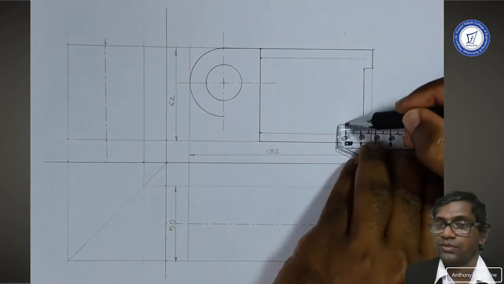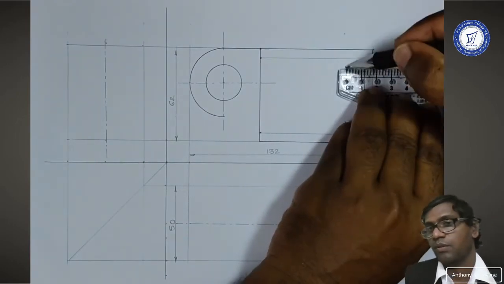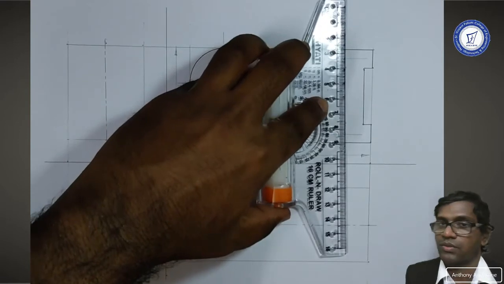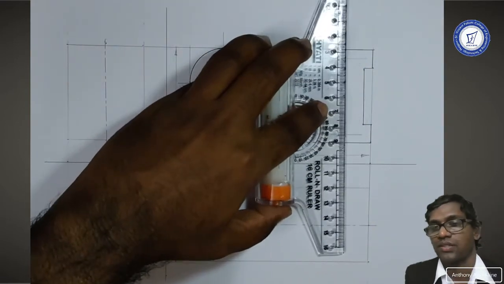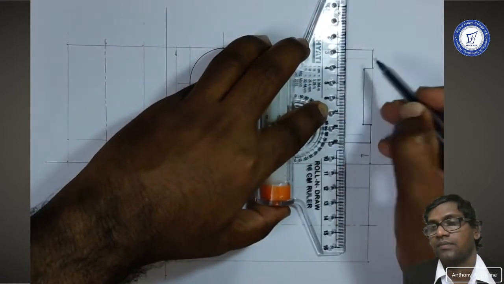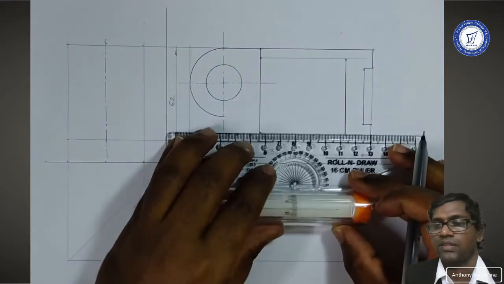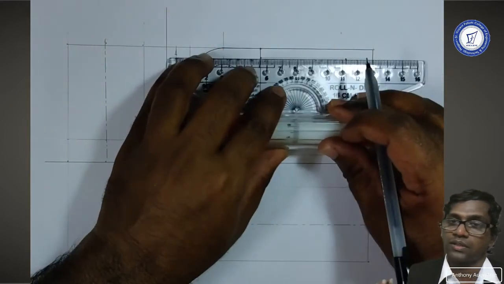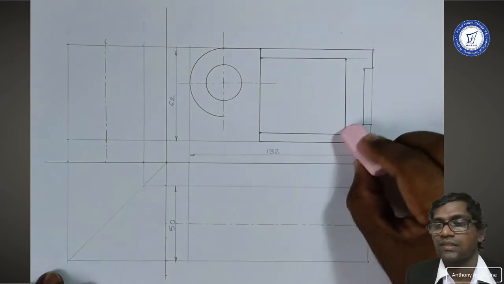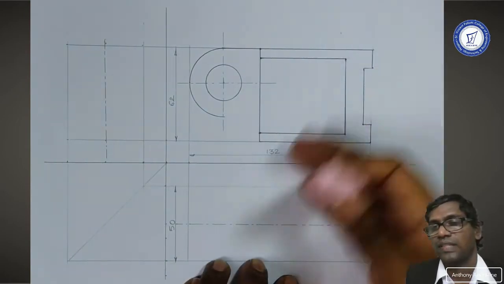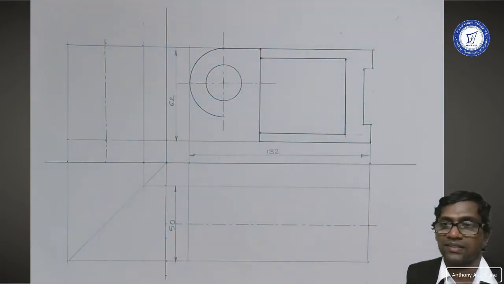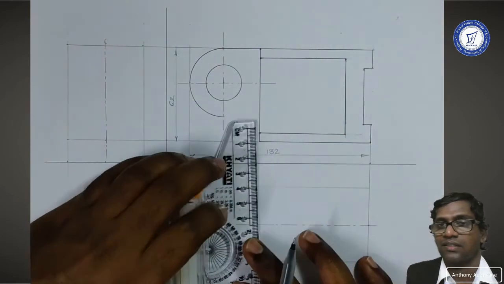So you need to use the problem statement to draw this problem as per the given dimensions. Once you draw the outline, you need to complete the inner details. Now I move on to erase the unnecessary outlines which are not needed.